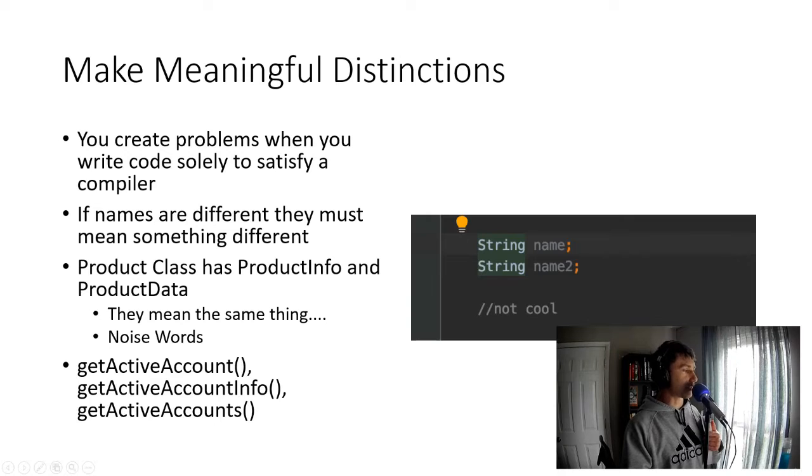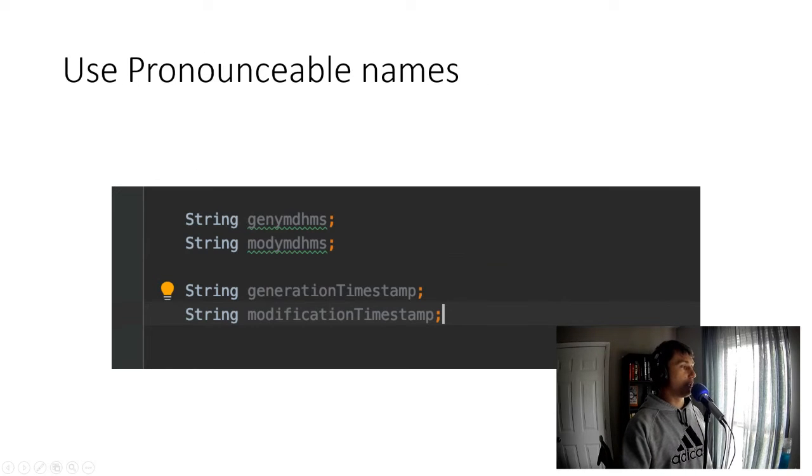And same thing down there. Look at those three methods. You could be trying to convey three different things with those three separate methods. Get active account info, get active accounts. But somebody looks at that and they almost think, oh wow, are they all returning the same data? They should be a little bit more meaningful, a little bit more descriptive. Continuing along,